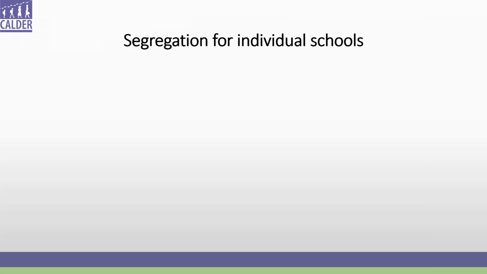In my 3 minutes and 30 seconds, let me say 2 more things that we've done. One thing, there's some literature that looks at individual schools and says that the more ethnically or racially diverse the individual school is, the more segregation there will be within the school. Why? Because maybe powerful parents want to protect their children, and so there's more tracking. So we looked at that question because we had data on individual classrooms.